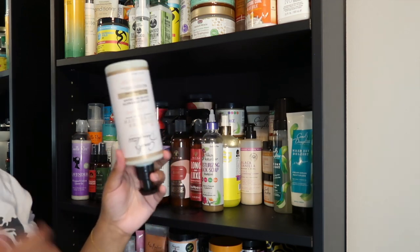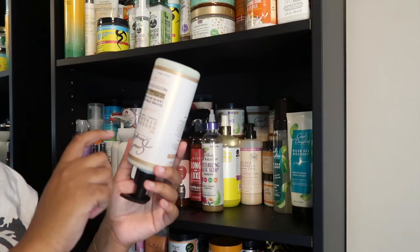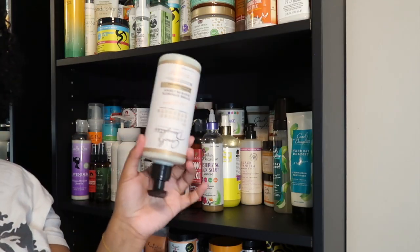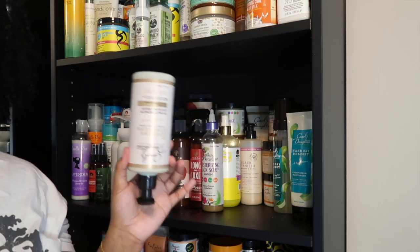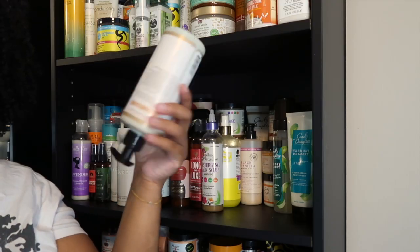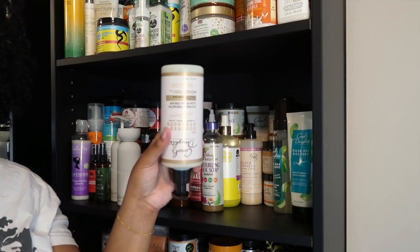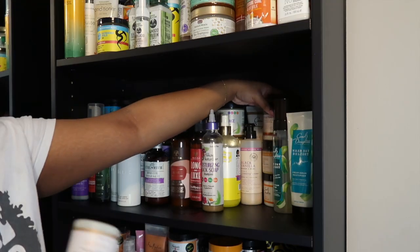And then piggybacking right off of the Goddess Strength collection, I have the Goddess Strength Divine Strength leave-in conditioner. And y'all, this is just about gone. I'm actually saving this child just to use it up. There's probably like a splash. Y'all see it's upside down. The bottle feels virtually empty. But I'm gonna go ahead and use this up, and I actually want to use it up with another product